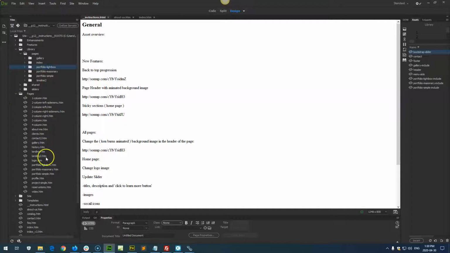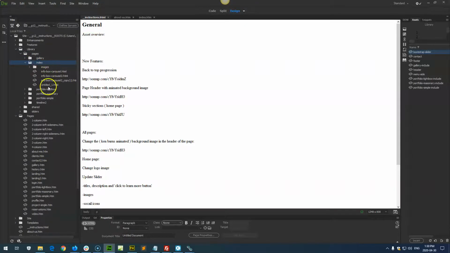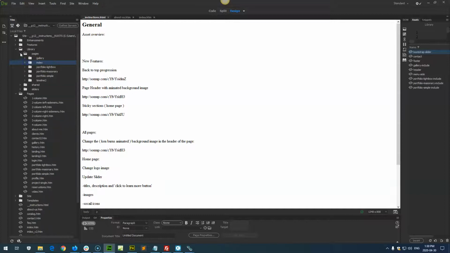Portfolio Lightbox is named, or used, in the Portfolio Lightbox. So as you can see, the name of the folder in the Pages folder corresponds with the actual name of the page that is being used in the site. So for example, on the index page, the only specific item we use is the info box carousel, and I have a separate tutorial on that. But deciding on